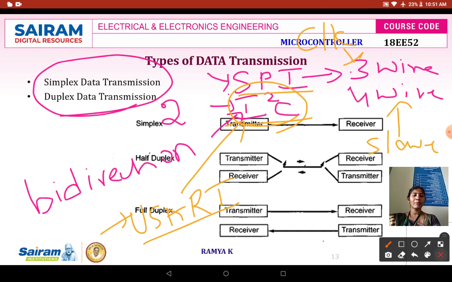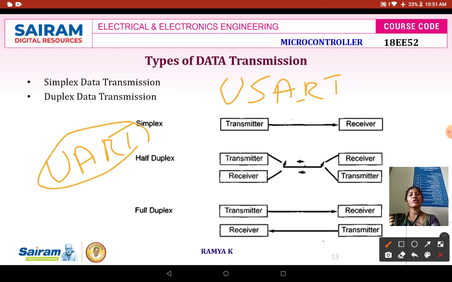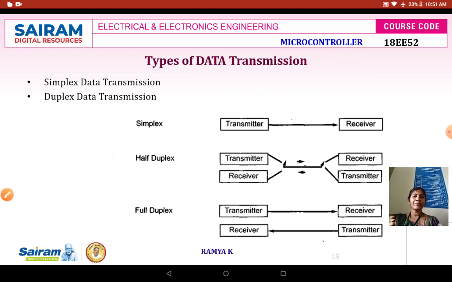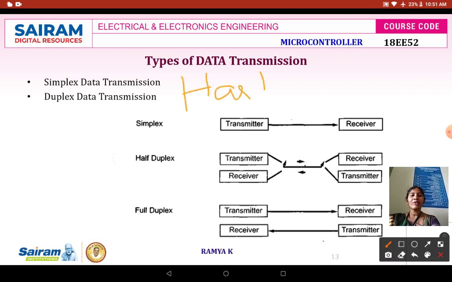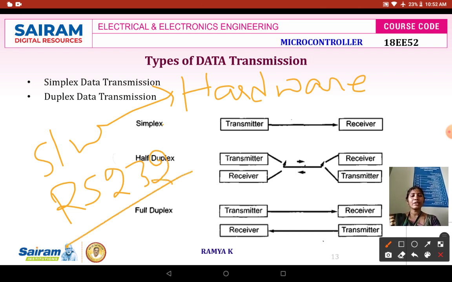But most probably in a microcontroller, we will be transmitting the data either by means of your USART or by means of your UART, because it has been incorporated in your motherboard. Next one, suppose I wanted to have a communication between my hardware device and the software whatever I have written. If I wanted to have a communication, I will be using a protocol called RS-232, which is nothing but a standard protocol that we will be looking at in the further chapter.